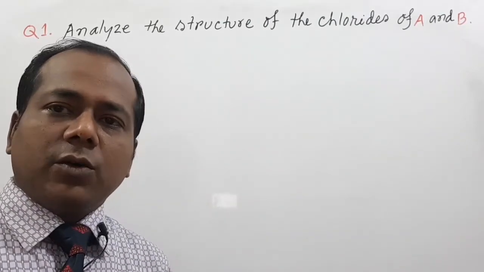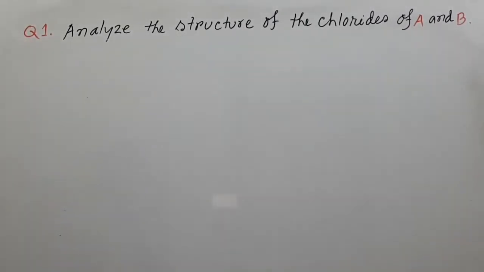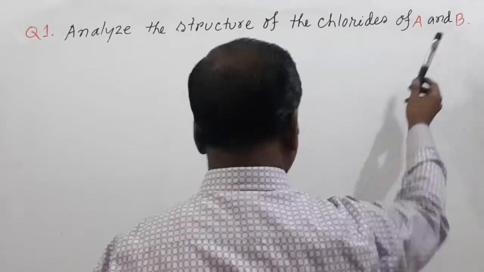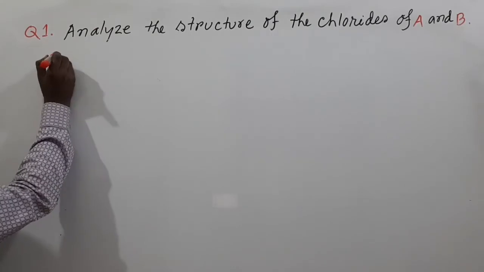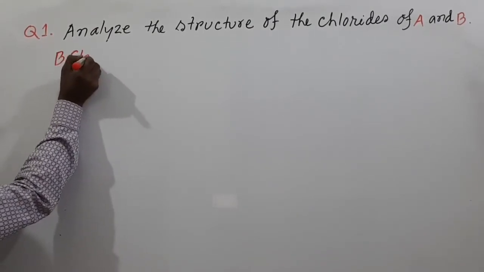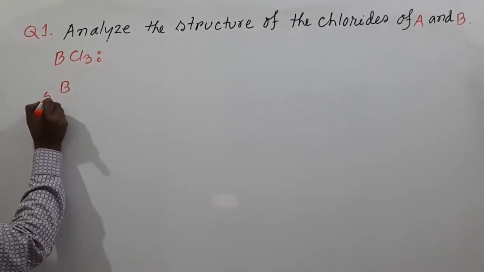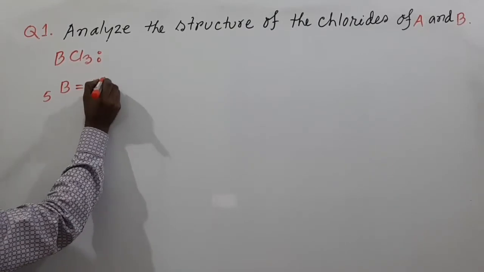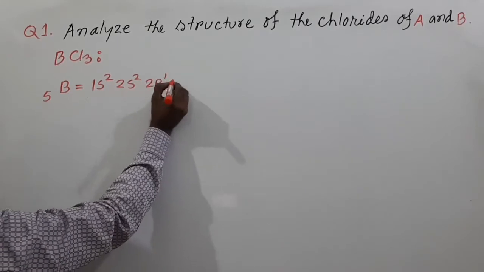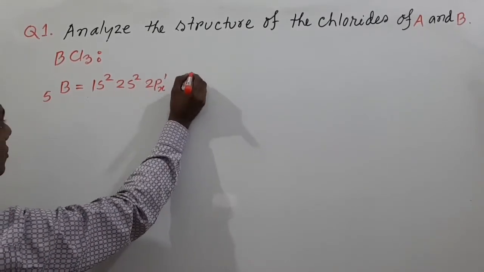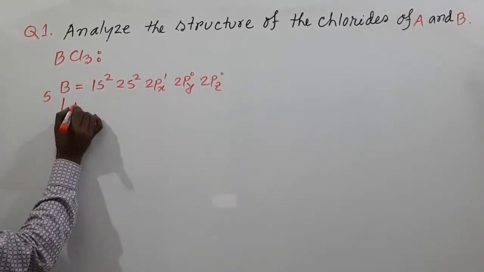My dear students, now we discuss the structure of boron trichloride. This is boron trichloride, BCl3. Here the central atom of boron trichloride is boron, 5. Electronic configuration 1s2, 2s2, 2px1, 2py0, 2pz0. My dear students, in excited state,